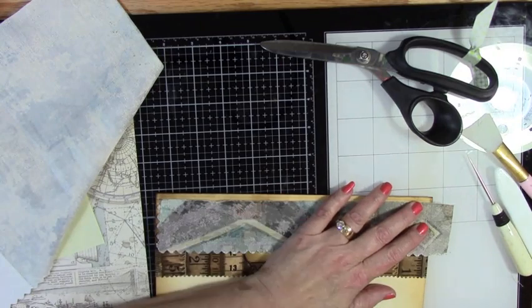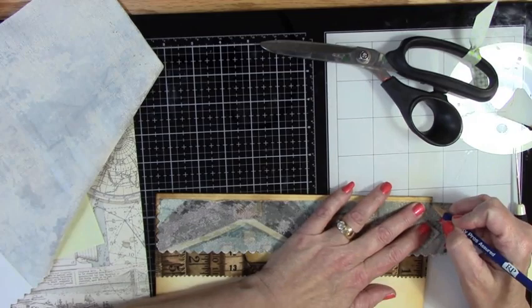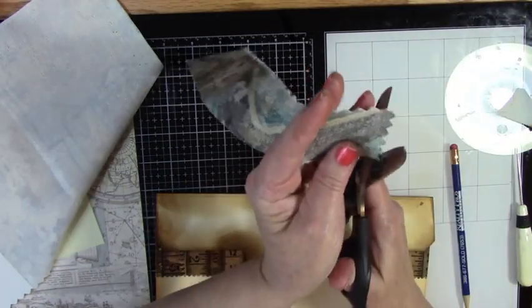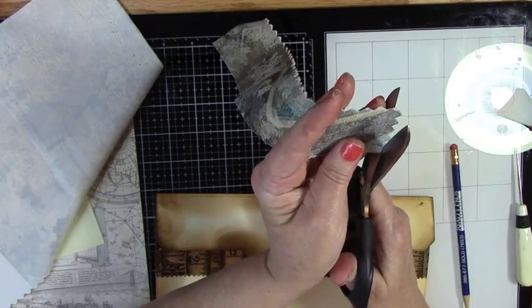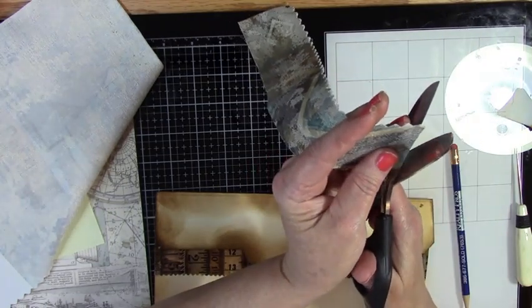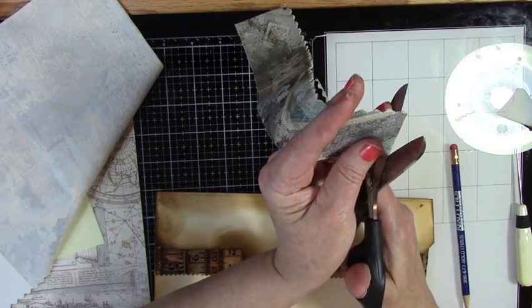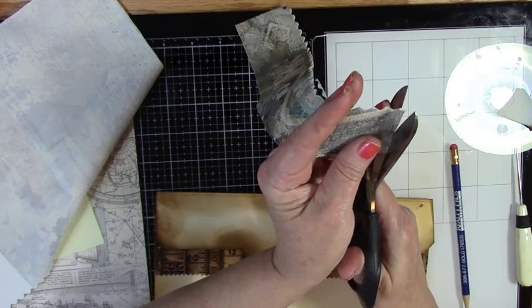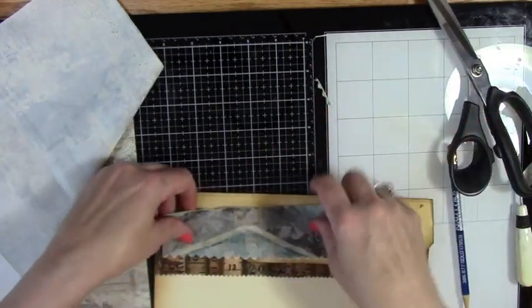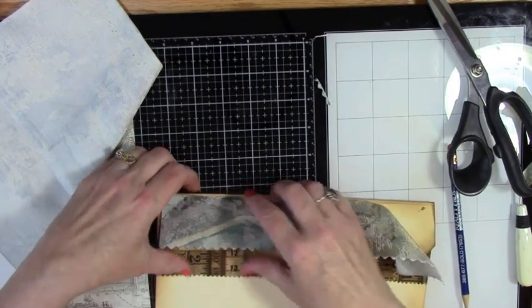And I don't have anything that makes these big zigzags. So it's just going to be straight on the, well, I suppose I can cut this off. Just like that. Almost straight. Okay, let's see. Actually,